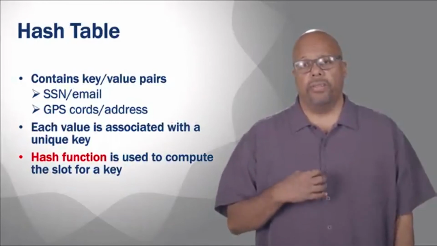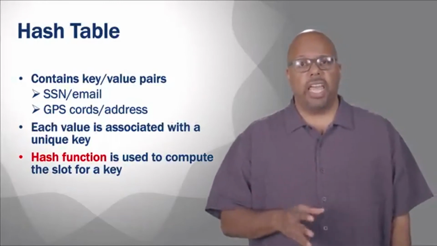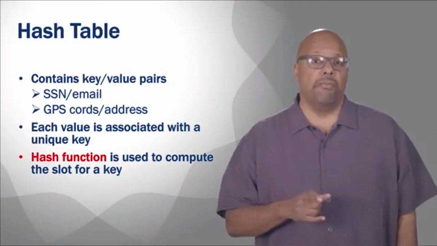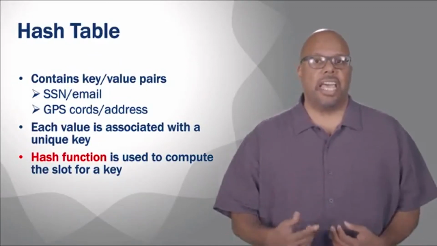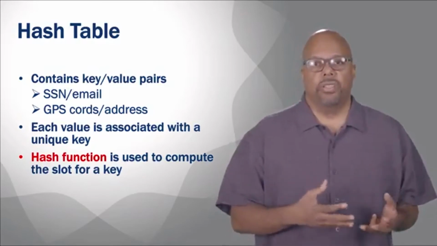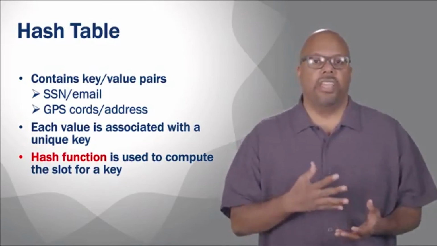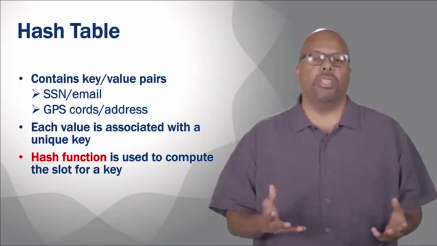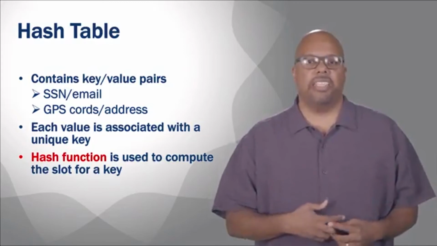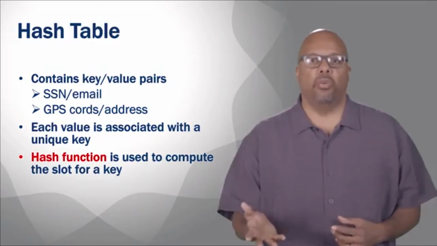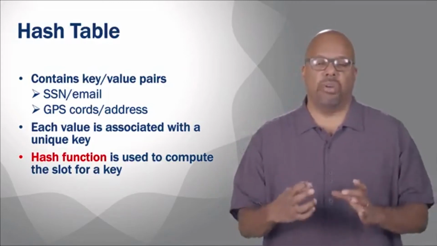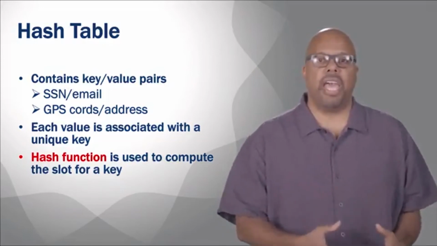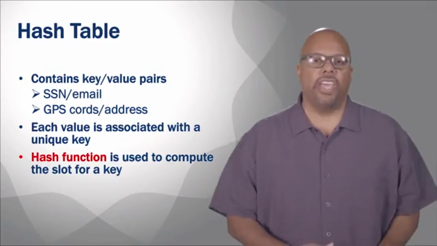The reason this is good is that, like an array or a slice, you can access things in constant time, but you don't have to use indices to access them. You can use arbitrary keys, as long as the keys are all unique and constant. Normally if this were an array and I wanted to access element 1, I'd have to say the name of the array and then brackets 1. In this case, I can say brackets Joe or brackets Jane or brackets Pat. So that's actually useful.